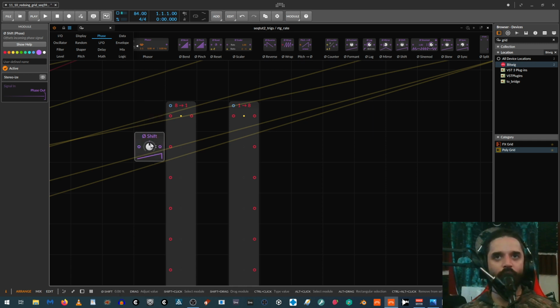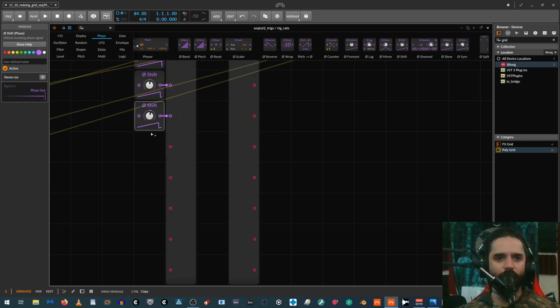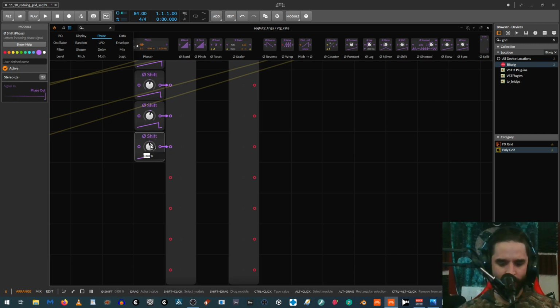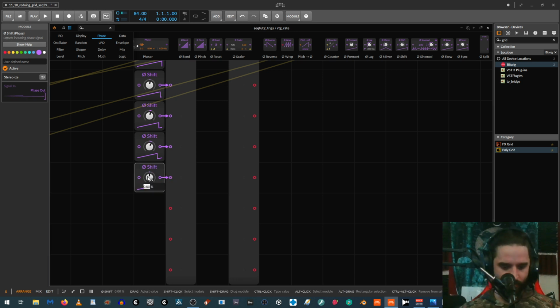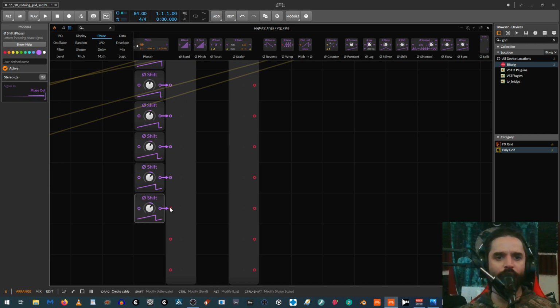So each one of these is going to be 6.25 above the previous one. So we're going to have 0, and then 6.25, and then 12.5. So we're basically just dividing 1 by 16. All right, and then we're going to have 12.5 plus 6.25, so 18.75. All right, so 18.75 plus 6.25 is going to be 25. All right, plus 6.25 is going to be